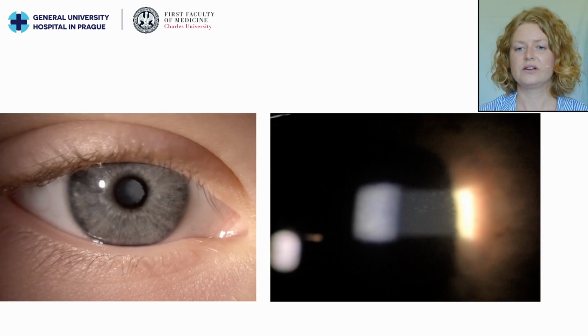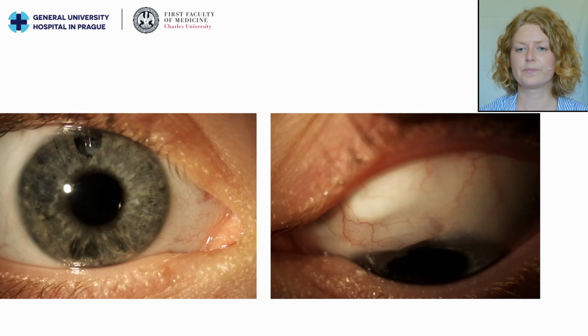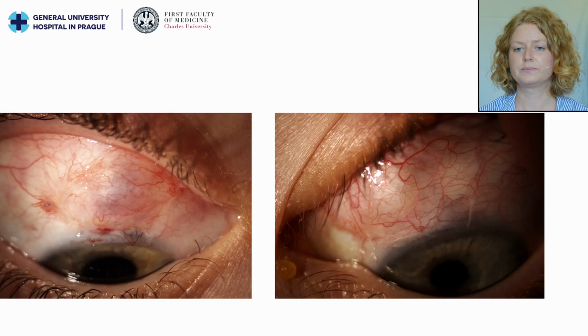The next slides demonstrate photographic documentation of our patients. On the first photograph, you can see cataract and seclusion of the pupil caused by the inflammation. On the second one, there is inflammatory activity in the anterior chamber. The next photographs demonstrate surgical iridectomy, glaucoma drainage implant, and healed bleb. These photographs show a bleb shortly after trabeculectomy with collagen implant.